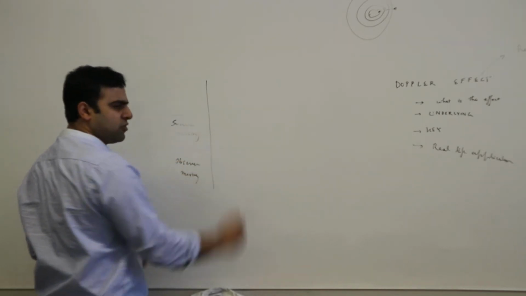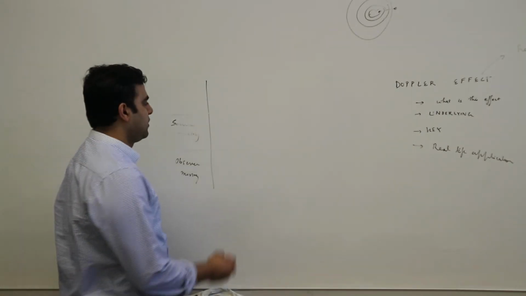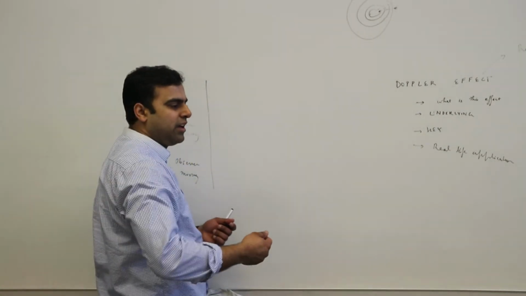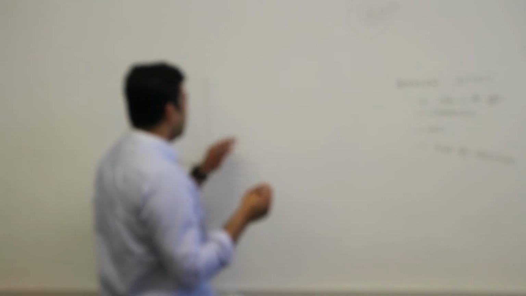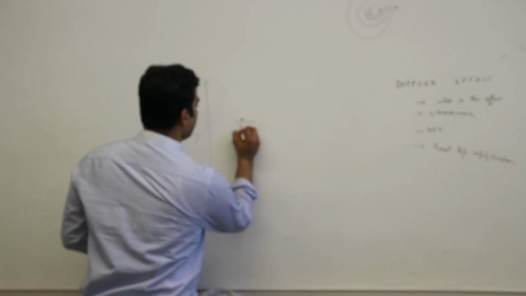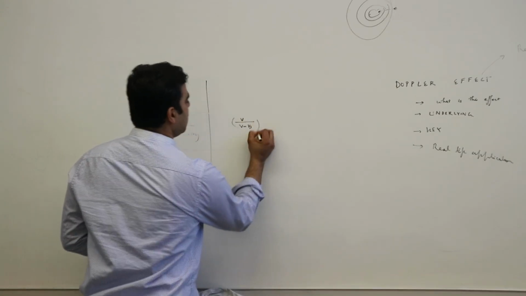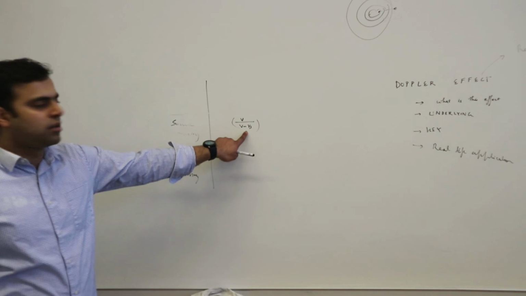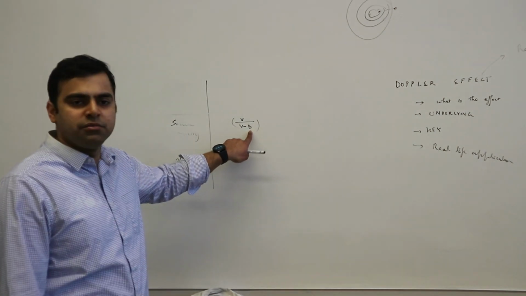We all know that the speed of sound in air is about 340 meters per second. So this is the speed of sound, 340 meters per second. V minus V source. So if the source is moving towards the observer, this is the speed that you will